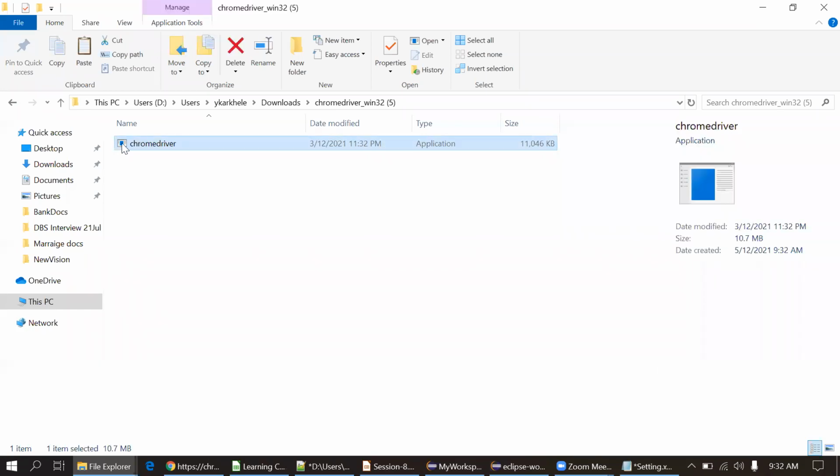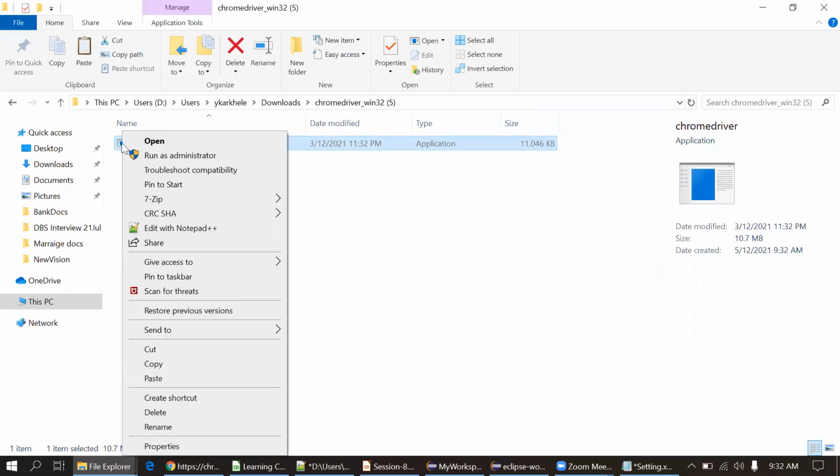This is, again, not a headache actually, but we have to be extra cautious on this part. Suppose our Chrome is updating, so we have to update this Chrome driver as well every time, or else we can simply disable the Chrome updates from the admin side. We can request them, because sometimes today our script is working, but tomorrow Chrome got updated, but we have not updated the Chrome driver exe, then our script will surely fail.